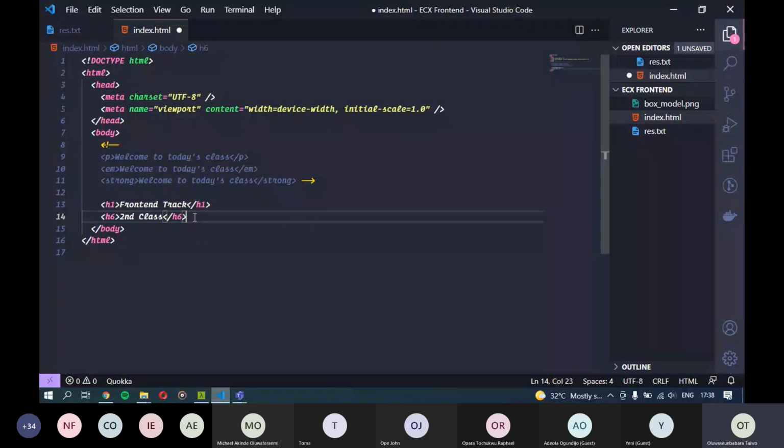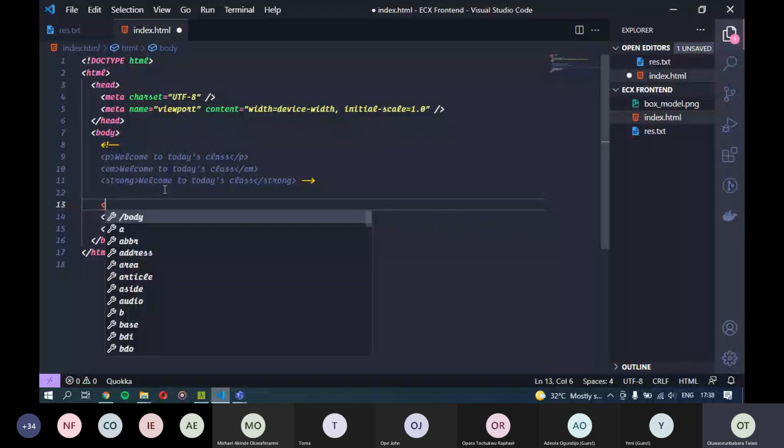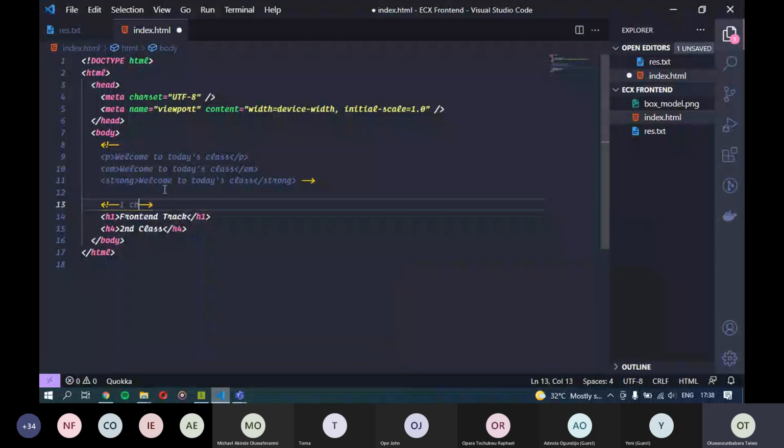And I don't want to necessarily send you a message on WhatsApp or something, about the H6 that you wrote being changed to H4. So instead of sending you a message on WhatsApp or whatever, I can just add a comment here, and I'll say I changed the H6 to H4, blah blah blah, something along those lines.